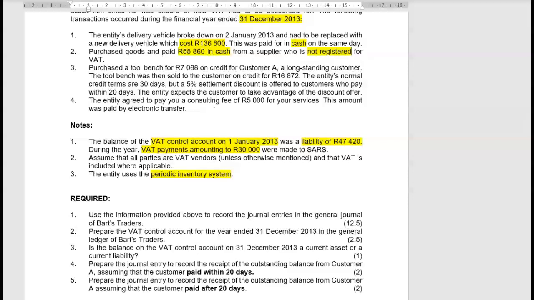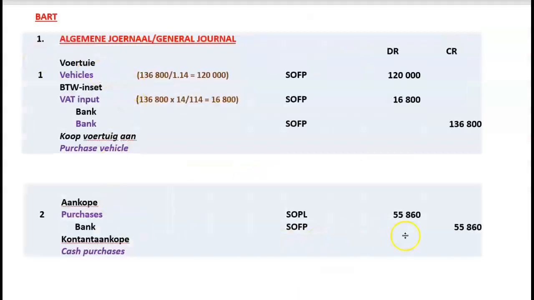And the answer very clearly is definitely no. Now, can I claim VAT without a VAT invoice? And the answer is also very definitely no. So what is the value of the purchases? Because it's a periodic inventory system, it is 55,860, the value of the invoice, 55,860, and there is no VAT that can be claimed on that